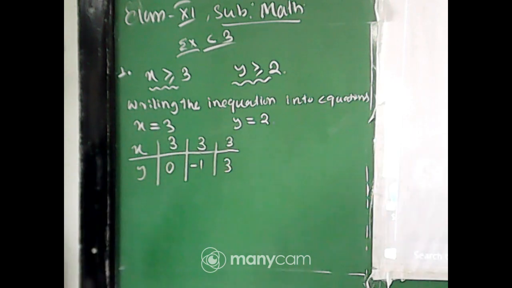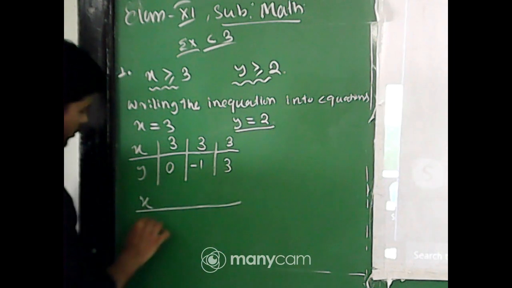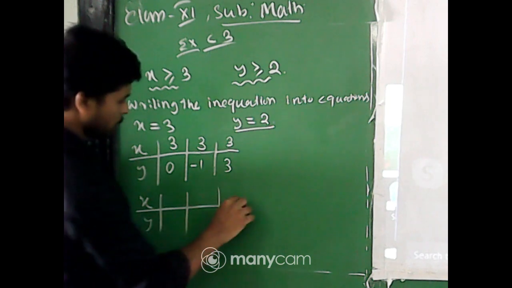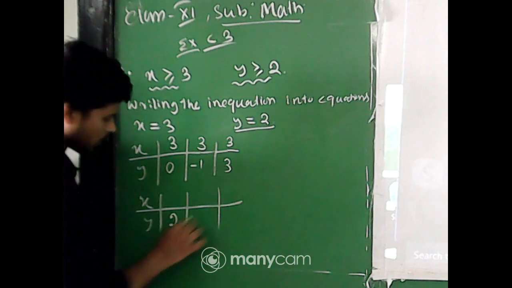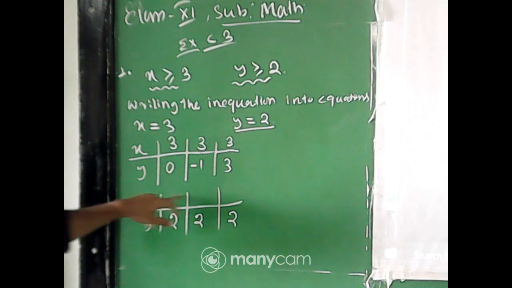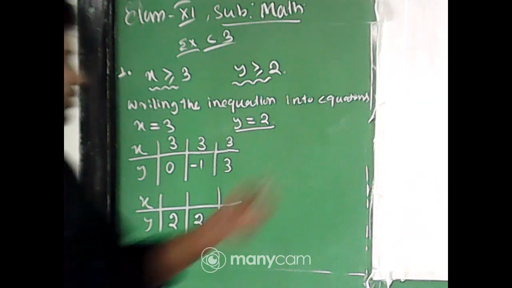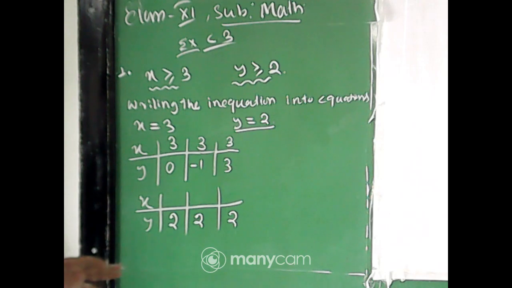Similarly, for the equation y equal to 2, also set up a tabulation, a set of a few values. So here the value of y will always be 2, and in place of x you can choose any value. So I will suggest you give me a few values of x quickly. You can put any value. At least give me three values.